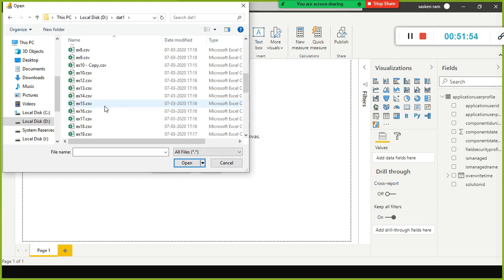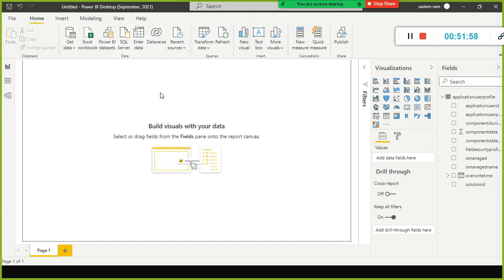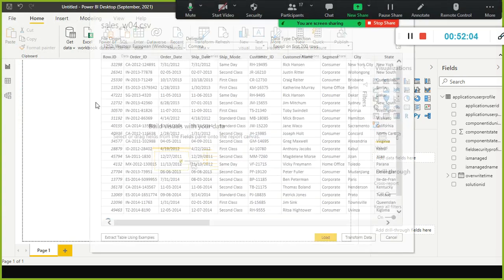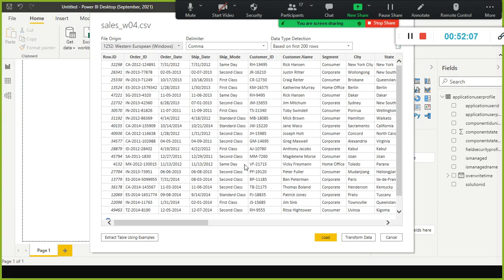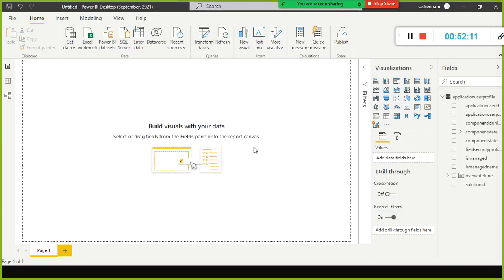One second. Here, we have something like sales W04. This is the file I am importing. Listen very carefully. Right, so this is the file. I showed it in the last session. I just imported it.